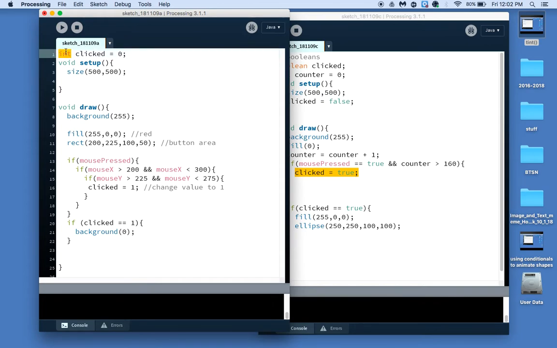Instead of int clicked equals 0, I could make that boolean clicked equals false. And then instead of checking to see if it becomes 1, I'm checking to see if it becomes true. And instead of the button press changing the variable from 0 to 1, I'm going to have it change to true. So now it's going to work exactly the same way,